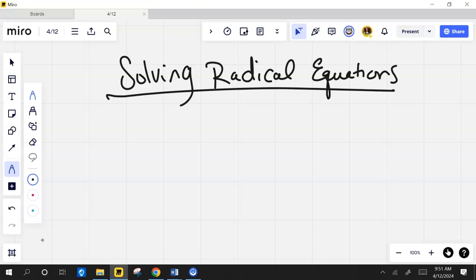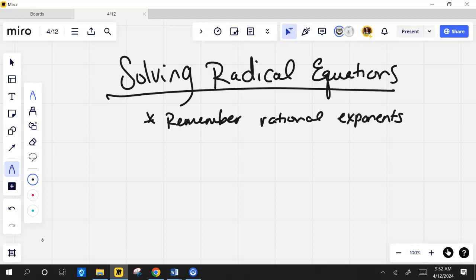All right, so here's the deal with radical equations. Now, before I tell you about radical equations, remember rational exponents. What does that mean? What's rational exponent mean? What's rational mean? It could be a radical, but what's rational mean? What type of number is a rational number? It starts with an F. A fraction. Yes, a fraction. So a rational number is a fraction. So if I've got a fraction exponent, remember this is I can rewrite it as a radical, right? So remember rational exponents are,